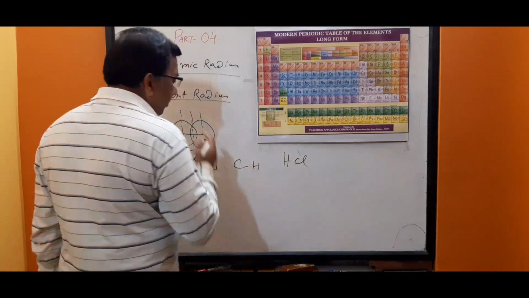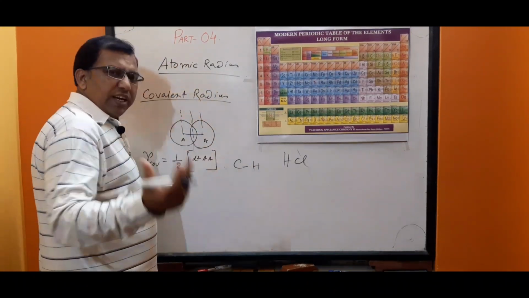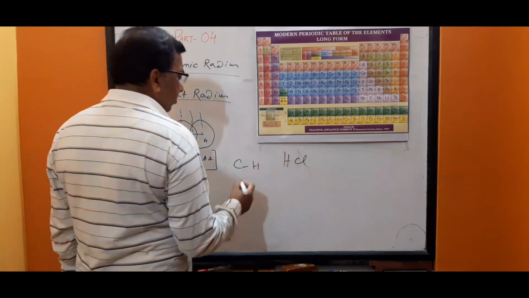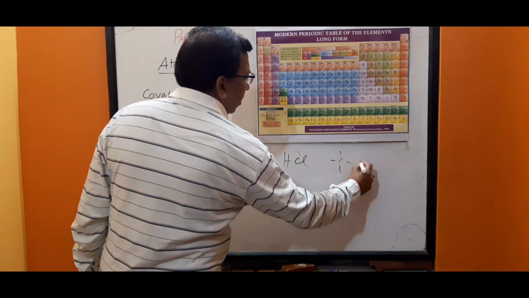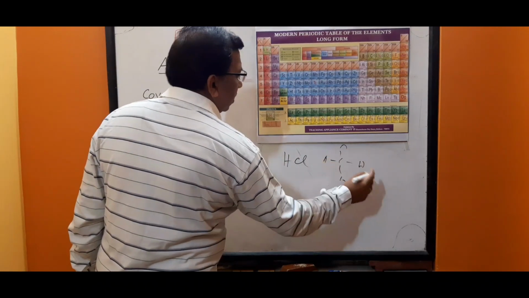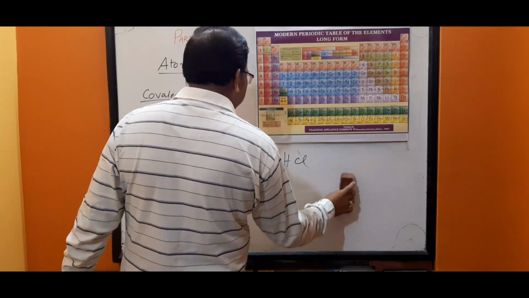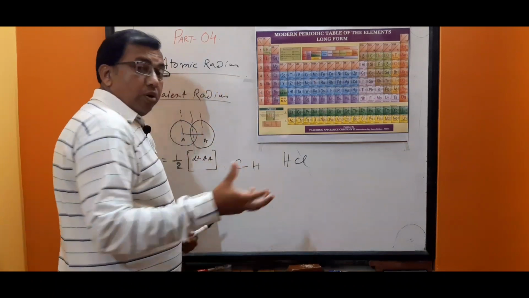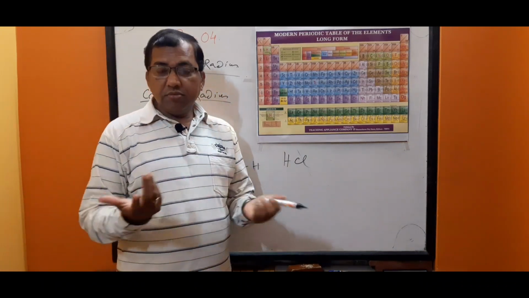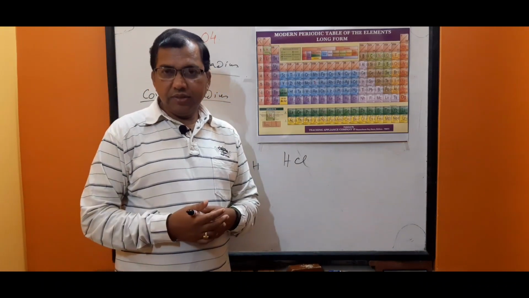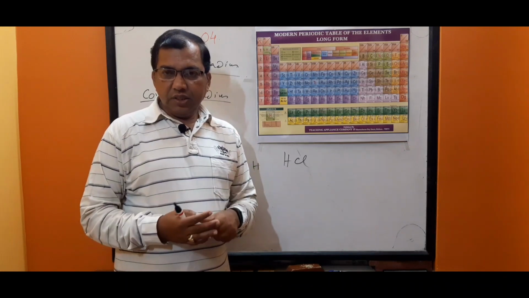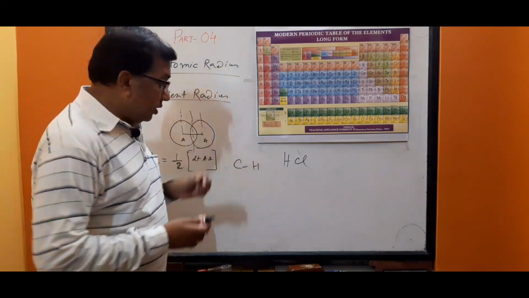We know carbon and hydrogen electronegativity are almost the same. In the case of methane, same. Okay. So in that case, what will be the atomic radius, that is, the covalent radius? So, what we see out here,